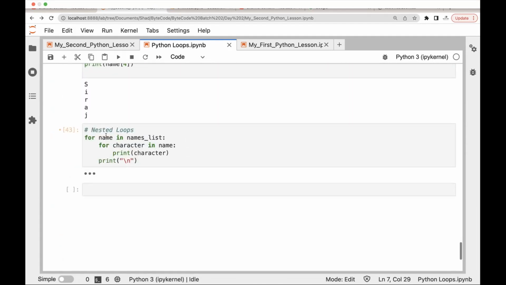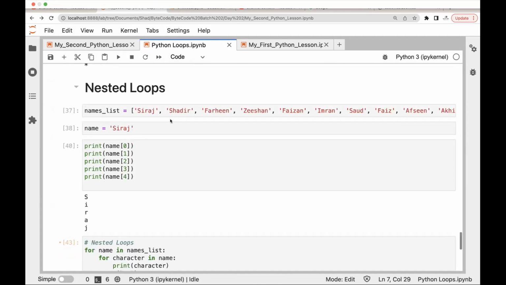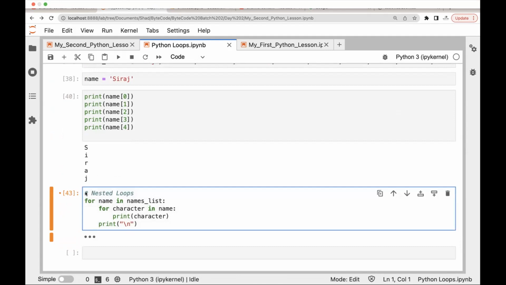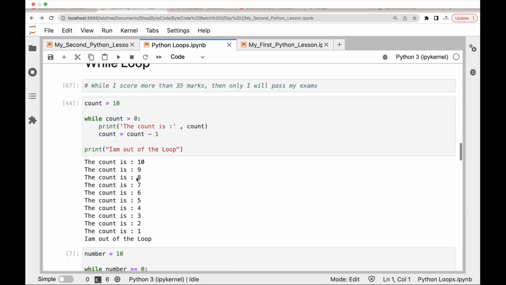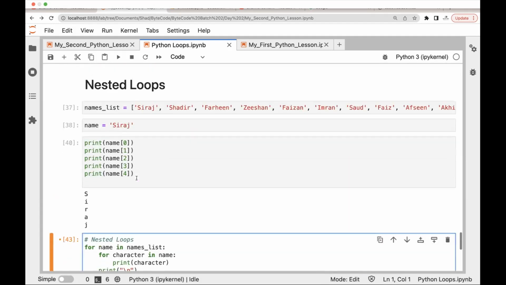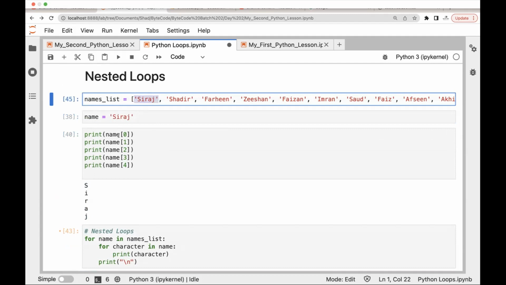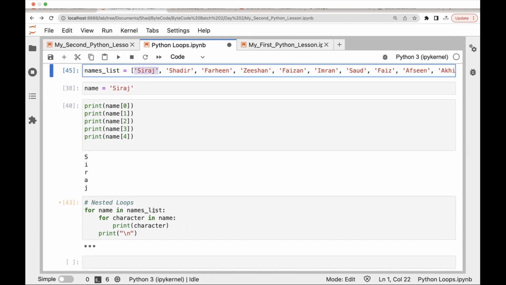And also we got introduced to nested loops. Nested loop basically means that you have a loop inside a loop. For example, here, I have the names list. Suppose I want to print each and every character inside the string which we have here, then instead of saying for name in names list and then print name, I can